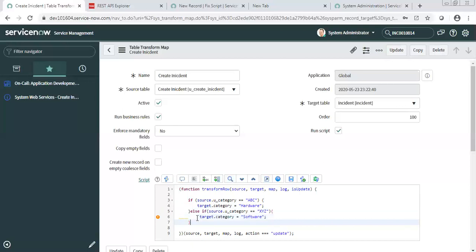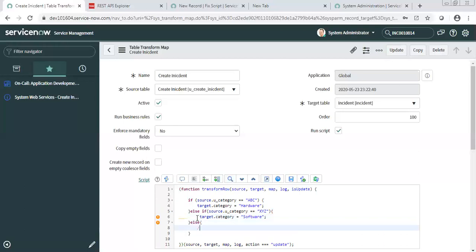This u underscore category and dot category, where did we get it from? U underscore category is an import set table field. If you go to your u underscore import set table, you will see this field there, and you can copy the backend name. And as this is the out of box field, that's why it's category.